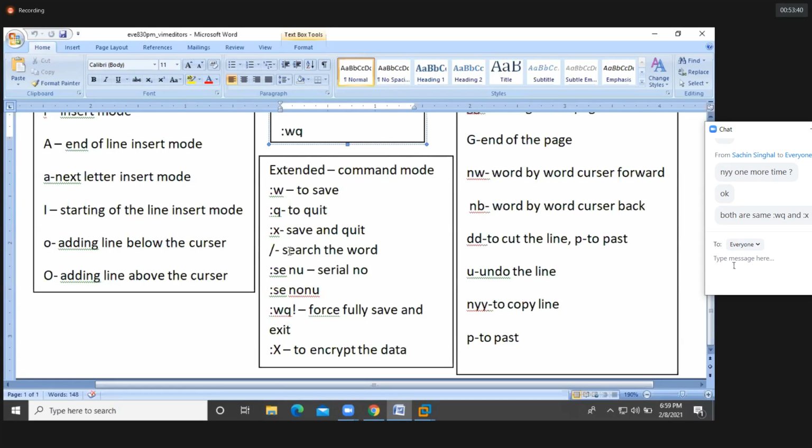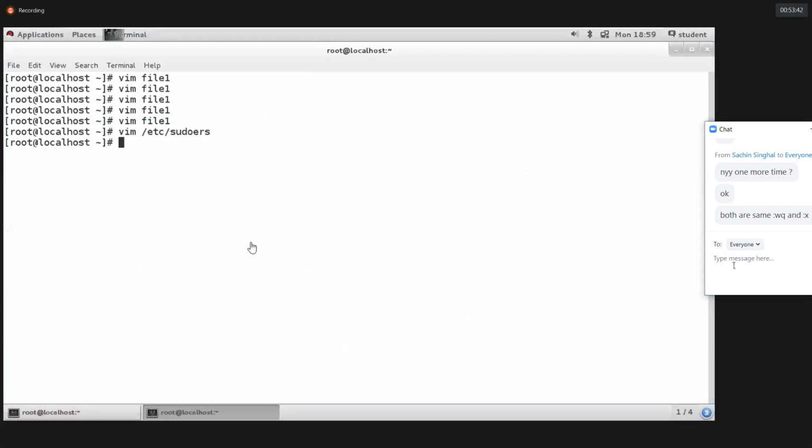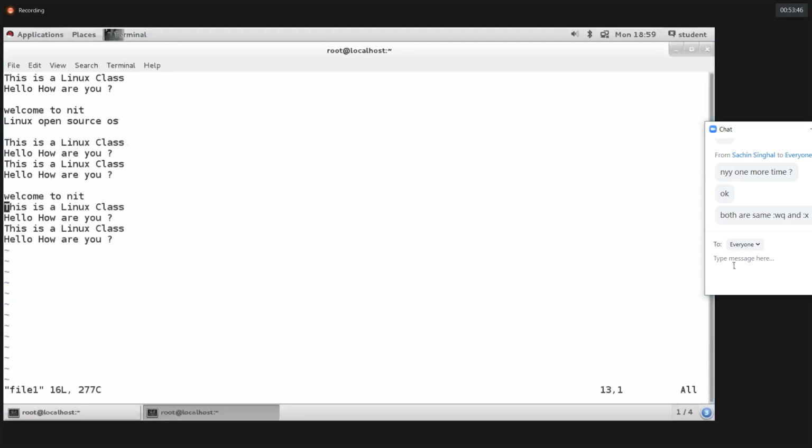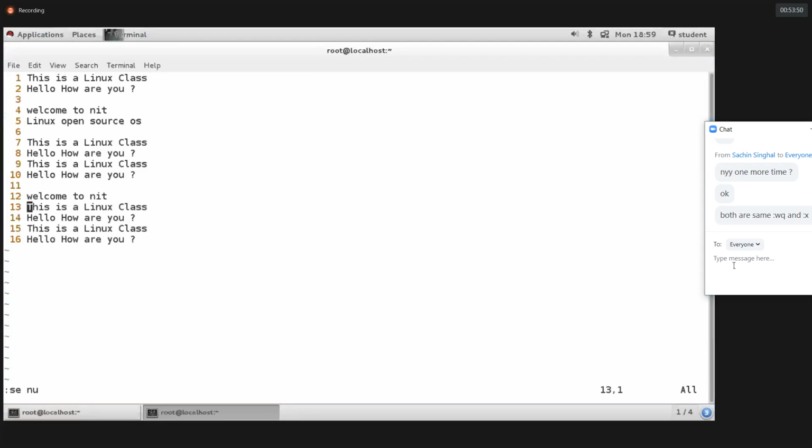Clear? Now, how to get the line numbers? :set nu. See here, :set nu. The file has 16 lines.